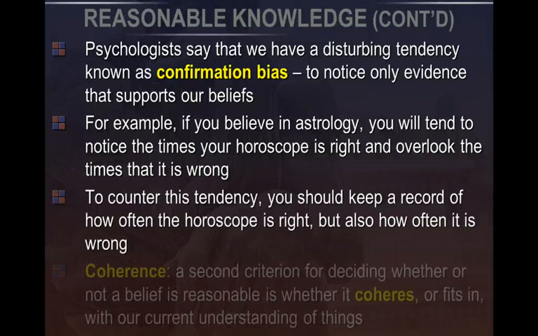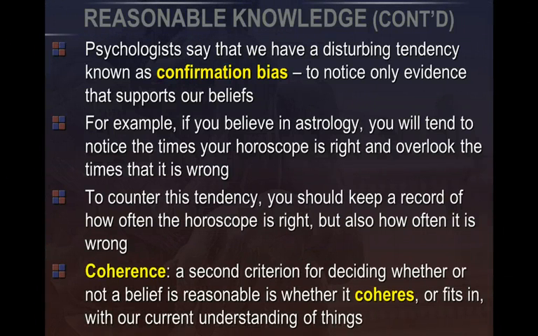So the other part of this, though, is psychologists tend to say that we should watch out for something called confirmation bias. And you may have heard of this before, especially in your sciences class. It means that we only look at evidence to confirm our theories and often ignore evidence that does not support our theories or our beliefs. So for example, if you believe in astrology, if you really feel astrology helps and describes you, you will always notice when your horoscope is correct, and you will tend to ignore times when it doesn't seem like it's fitting you.